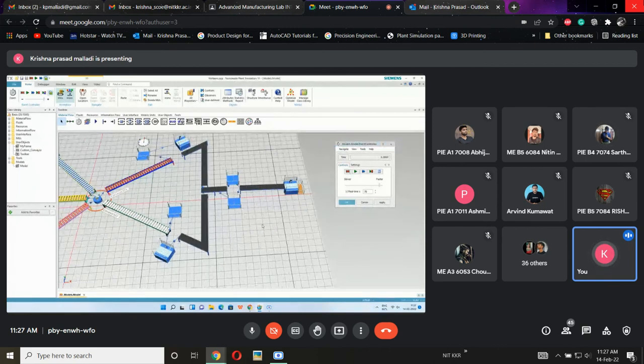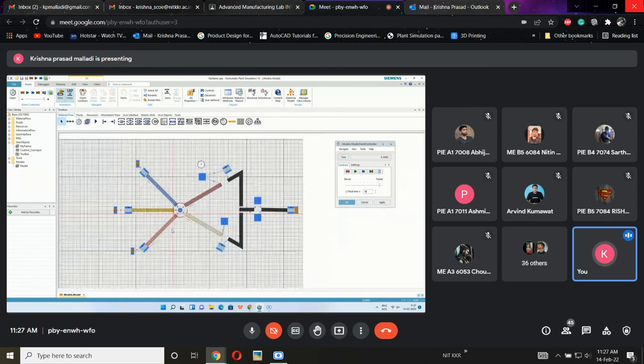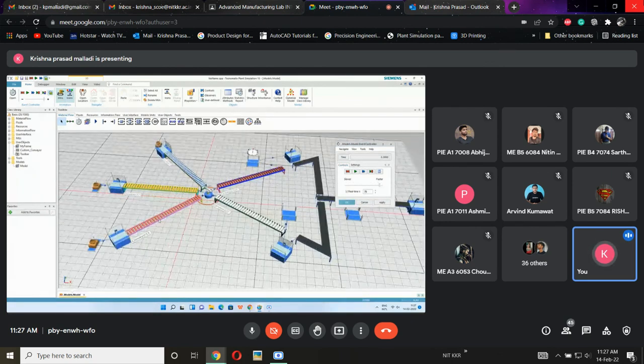Today, what we are going to do is, all the tools we have practiced in 2D, you need to convert all the components into 3D. Try to create a direct 2D model, convert it into 3D and do some modifications. Save it. At the same time, try creating a complete 3D model, just like how I have done here. You need to start with a planar view and see all the angles also, how I have done. So how to use a conveyor, how to change the representation of the conveyor, how to do the machine changing,